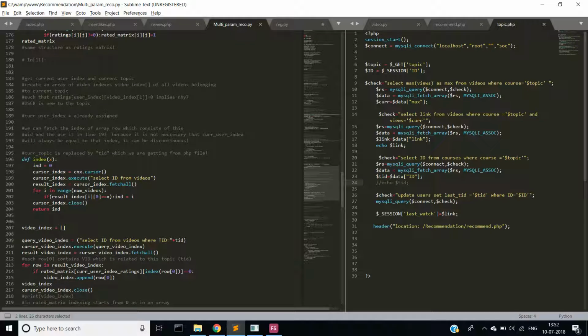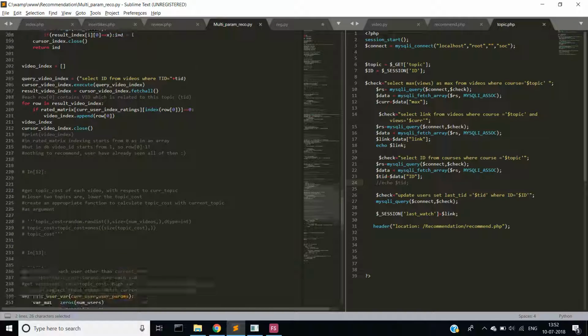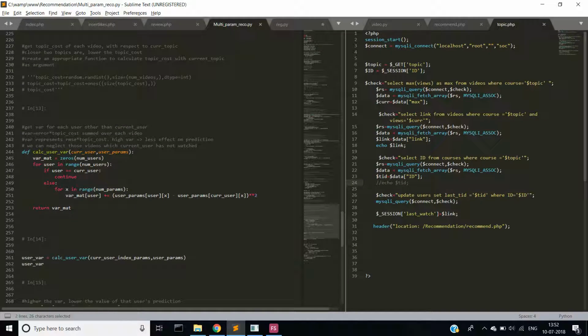This is basically a distance function, a Euclidean distance, and we finally see how similar each user is to the current user, and then we use the ratings that different users have given,